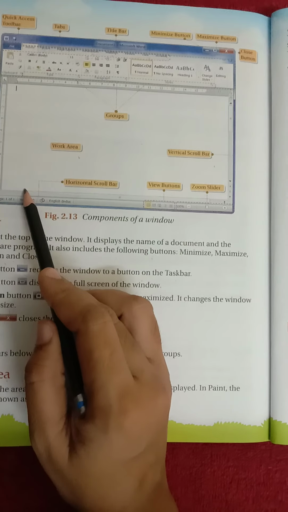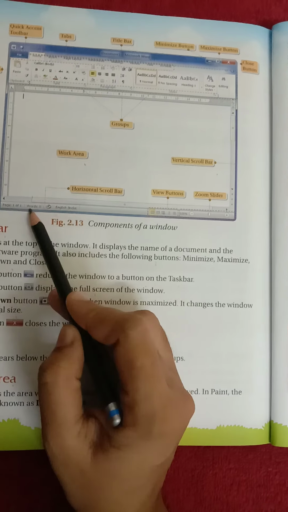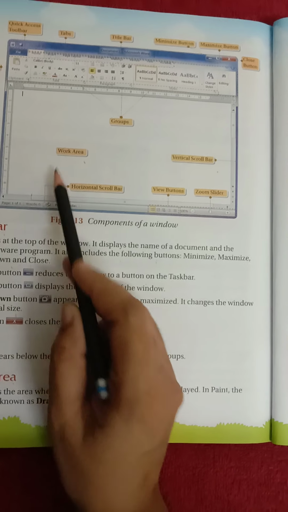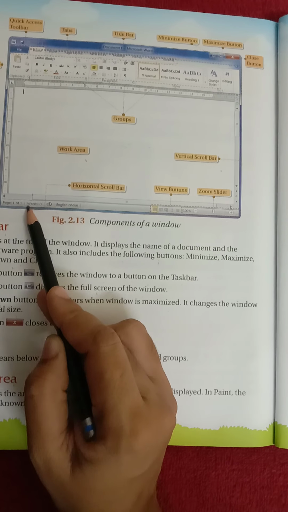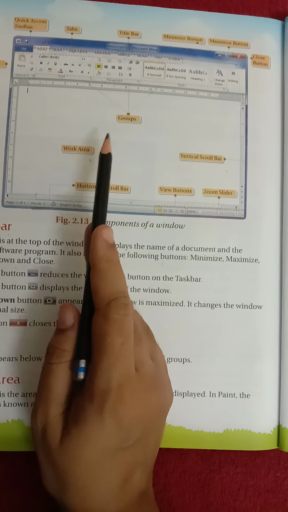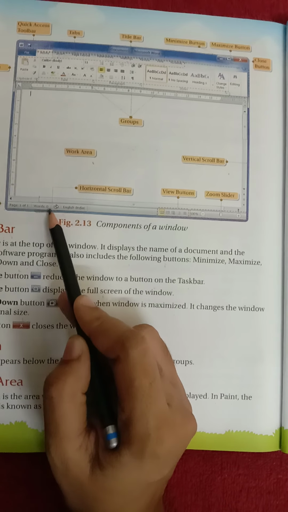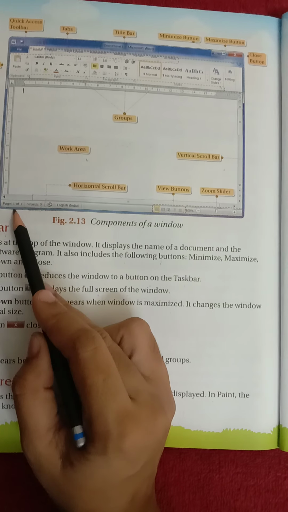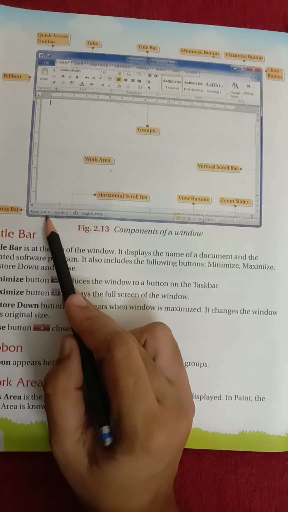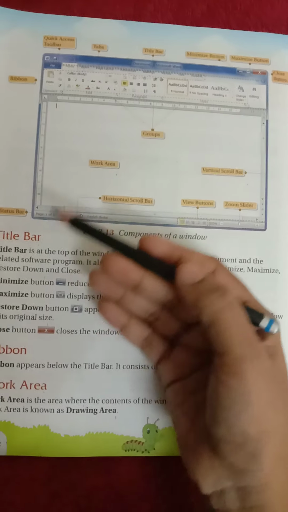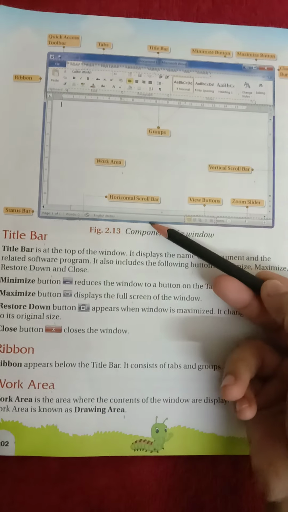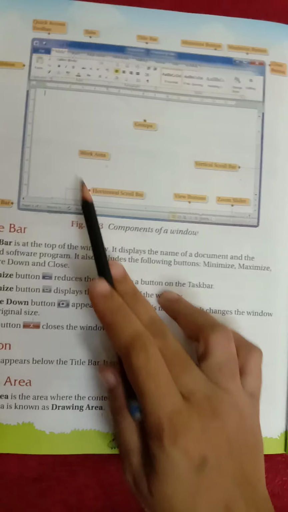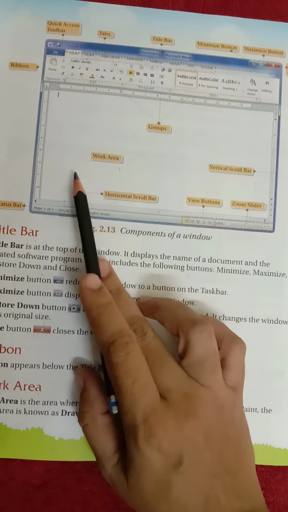If we have completed page number 1 and we want to go to page number 2, it will display here page 1 and 2. And how many words we have typed here, it shows the information about that also. If you are typing 100 words, it will show here words 100. If you are going on the next page, it will display here page 2 of 2. The way we are increasing the pages, it will display on the status bar. And we can also change the window size by dragging its borders or corners.